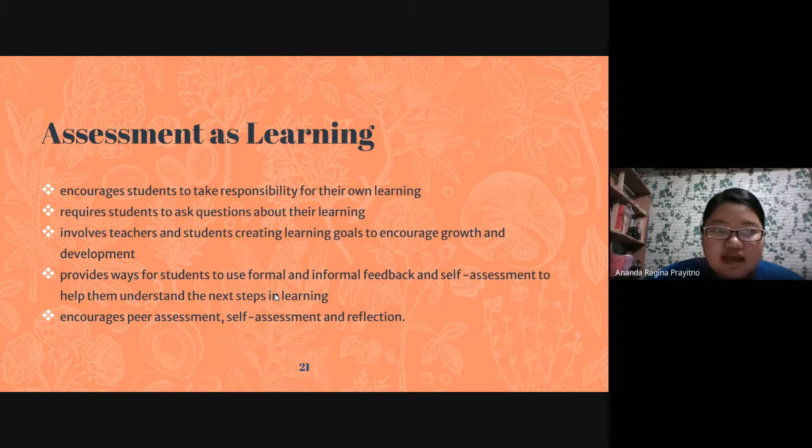Assessment as learning has a function similar to assessment for learning, which is to function as formative assessment carried out during the learning process. The difference is that assessment as learning involves students actively in the assessment activities. So, assessment as learning develops and supports students' metacognitive skills. Next,